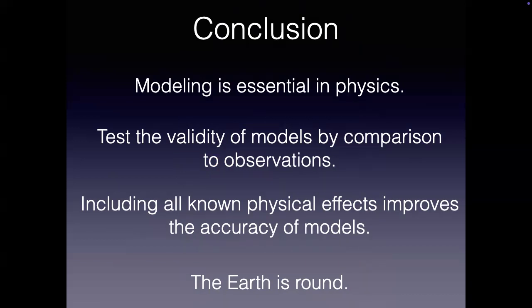Here we see that including successive physical effects around Earth, like refraction, improves the accuracy of the model. Oh yes, the Earth is round. But are we sure about that? I mean, after all,